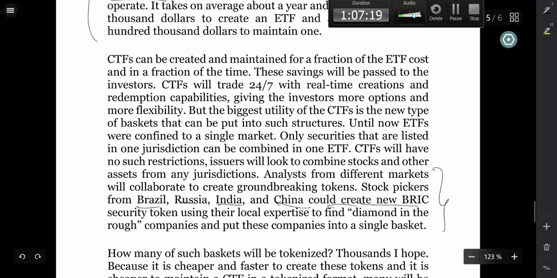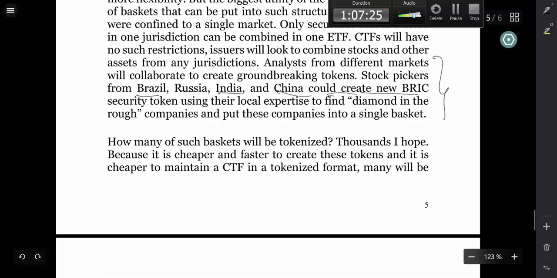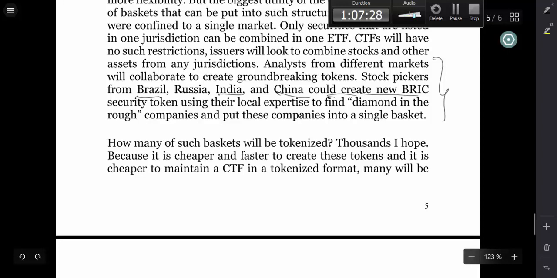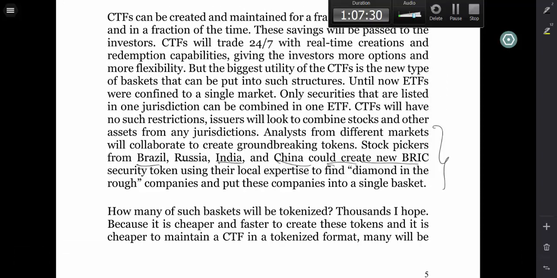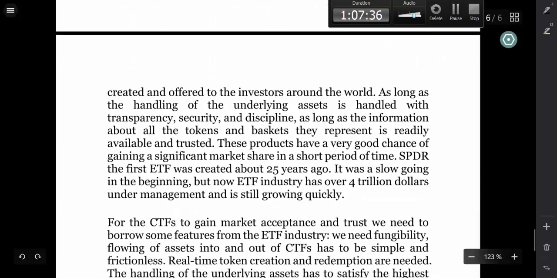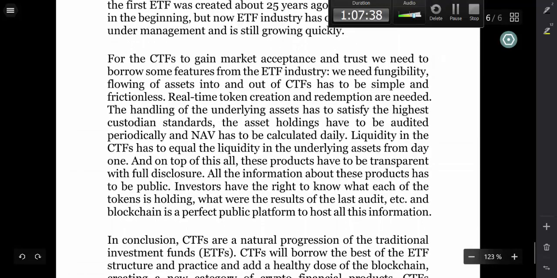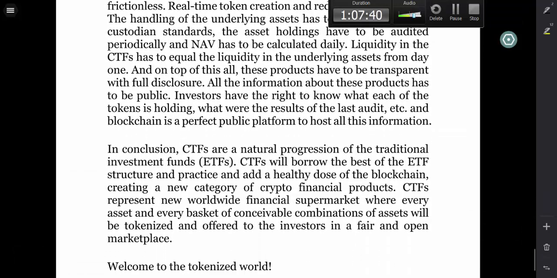So you can have a basket of tokens. This is what this guy is imagining, okay? So you can have a basket of tokens, and there is really no limit to it, because there's nothing regulating it, at least not for now anyway. So this article is quite interesting, and